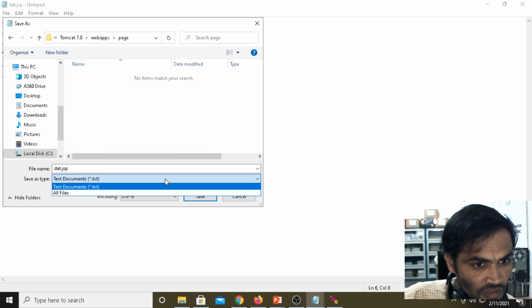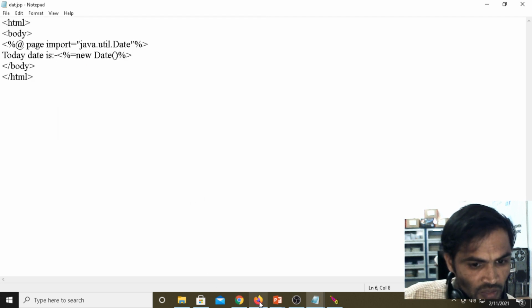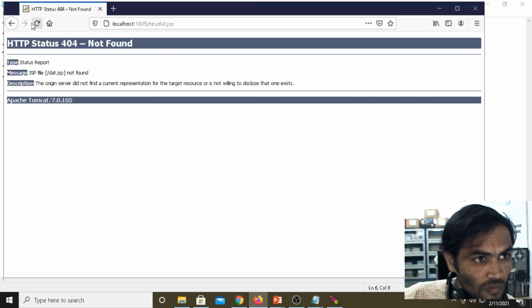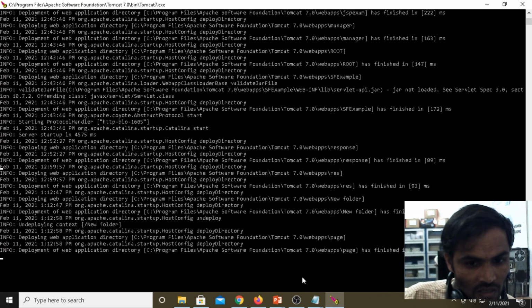Inside the page, save. Then we can see that under page it is deployed.